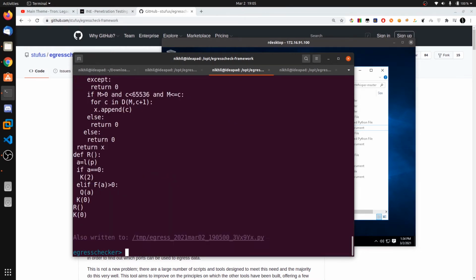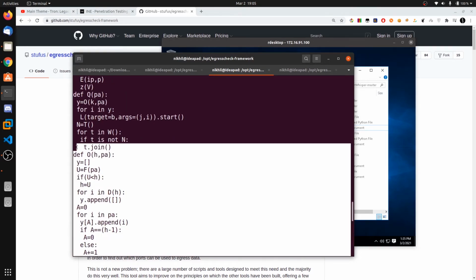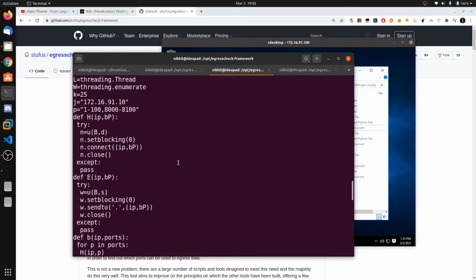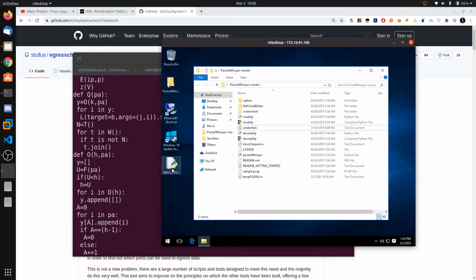Now hit enter. Now you will get Python code, Python 2 code. Now copy all this code, and simply make a file on this machine. If you have command line access, you can just write it in the command line.